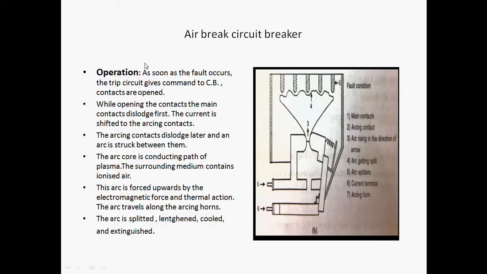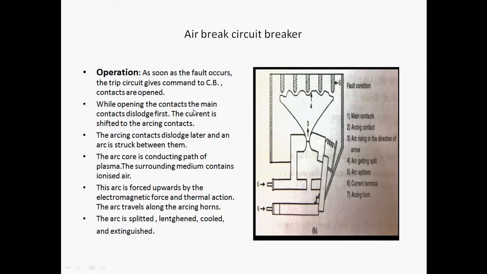Now we see the operation of the air brake circuit breaker. As soon as the fault occurs, the trip circuit gives a command to the circuit breaker contacts to open. When the command gets to the circuit breaker, these two contacts open.